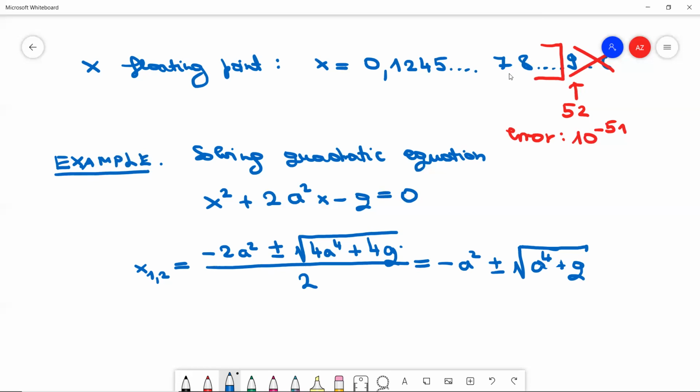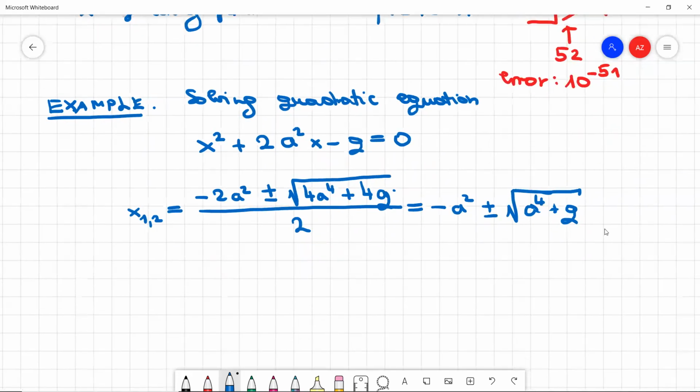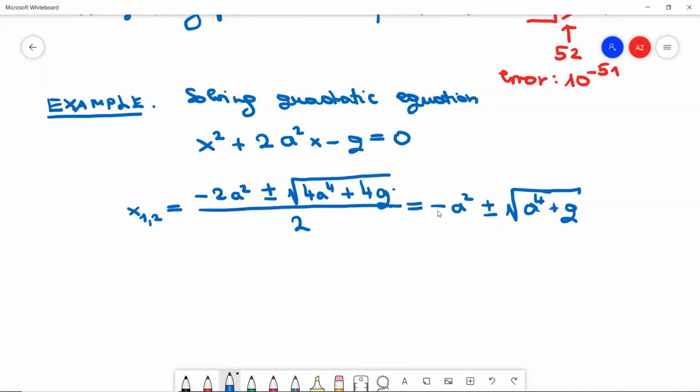And here is where the problem occurs, because if you forget those digits, and then subtract two numbers which are the same up to those neglected digits, and then do further calculations with them, then the error can be big. So calculating the solutions of this equation in this way, the non-stable method is